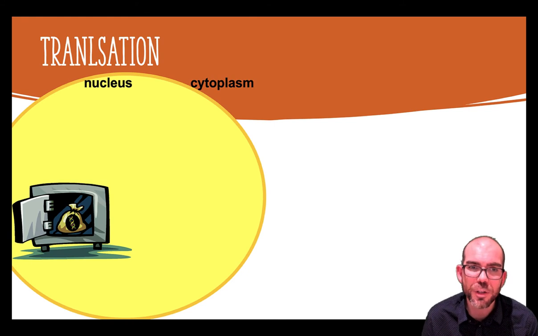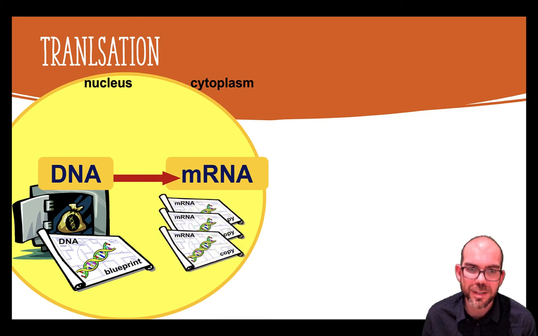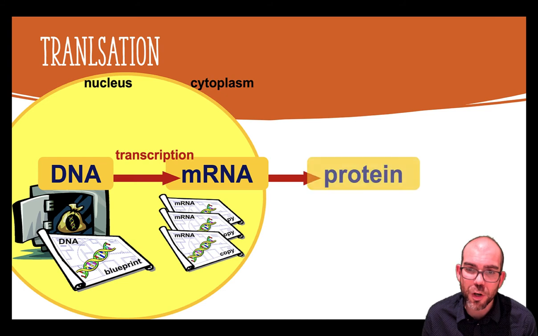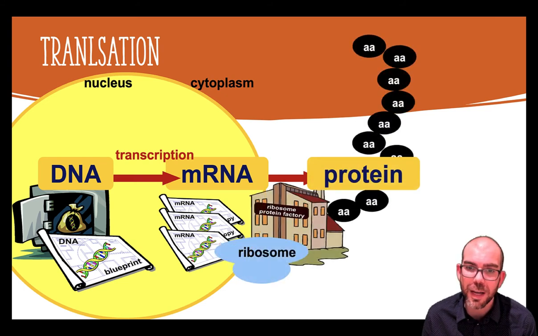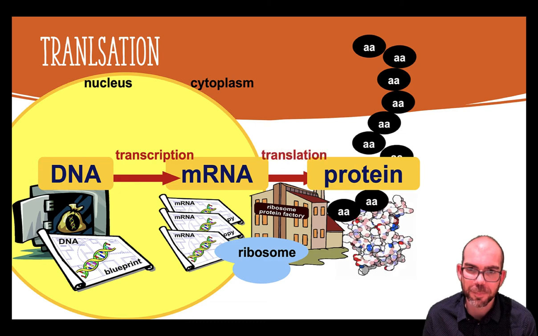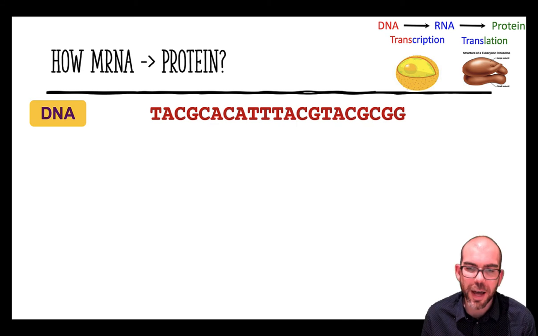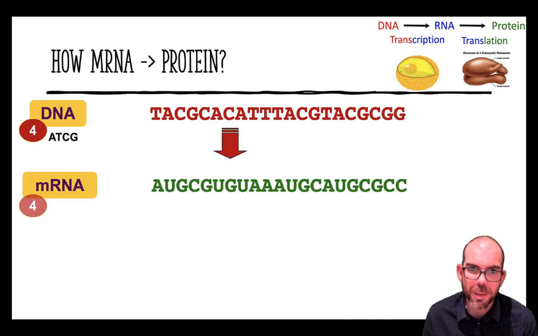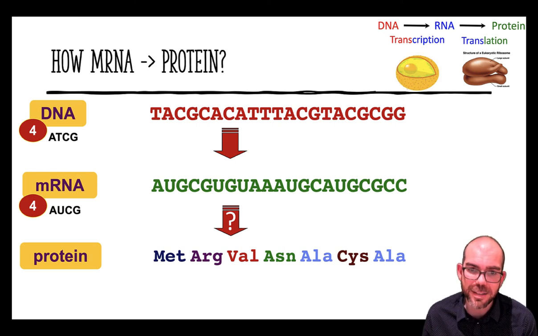Let's move on now to translation. You saw with transcription, the DNA inside the nucleus is going to be copied by RNA polymerase and will make multiple mRNAs. That mRNA, now that it's mature and been processed, is ready to go to a ribosome where it can be read to build a specific protein. To do this, we had our strand of DNA, we made an mRNA transcript. Now we're going to be able to read that mRNA and translate it to the amino acids that make up